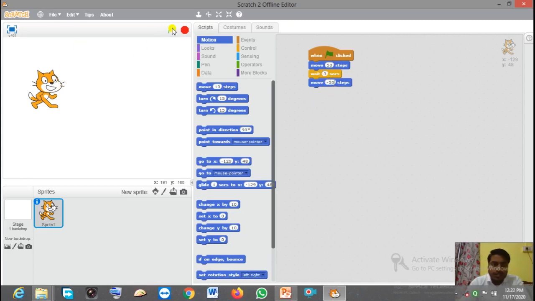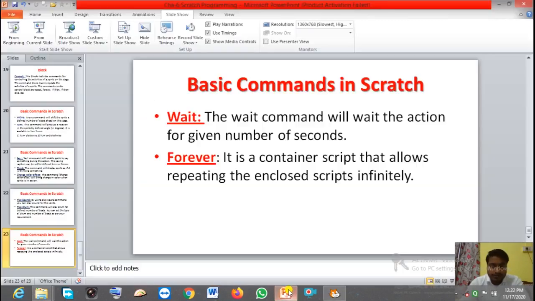Now let me click here and you see the result. It came back. Let me click once again, gone in forward direction, then came back. Understood? So this is the use of the wait command.